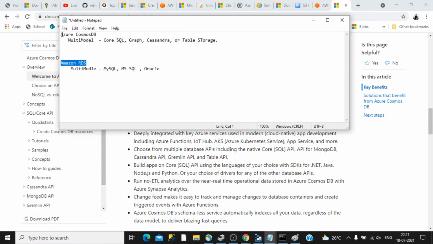In the case of NoSQL, it is the exact opposite, because here Azure provides Cosmos DB, which you can think of as a wrapper over multiple different types. So it's similar to a dynamic DB.